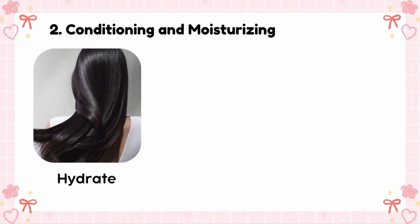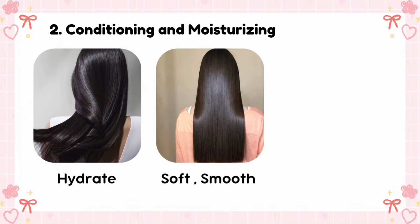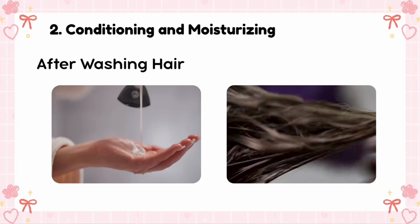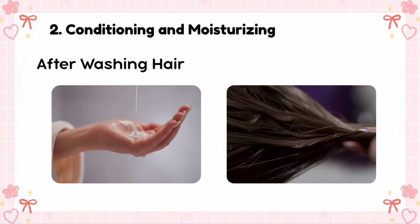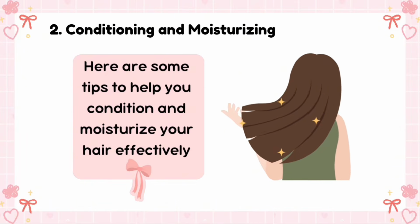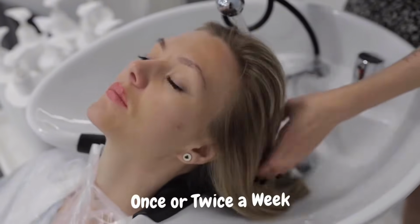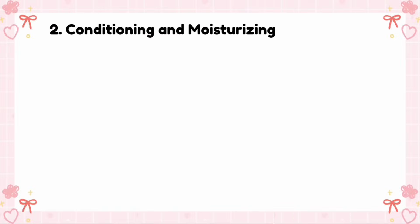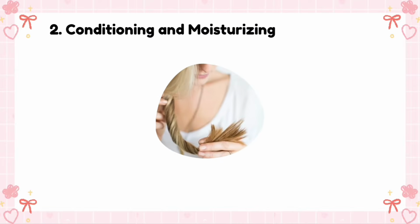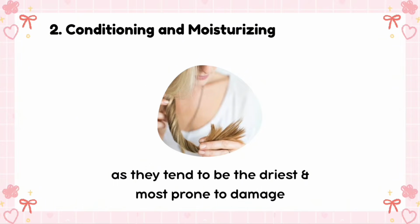and hydrate your hair, leaving it soft, smooth, and manageable. After washing your hair, it's essential to condition and moisturize to lock in moisture and protect your hair from damage. Here are some tips to help you condition and moisturize your hair effectively. Use a deep conditioning treatment once or twice a week to provide an intense dose of moisture and nourishment to your hair. Focus on the ends of your hair, as they tend to be the driest and most prone to